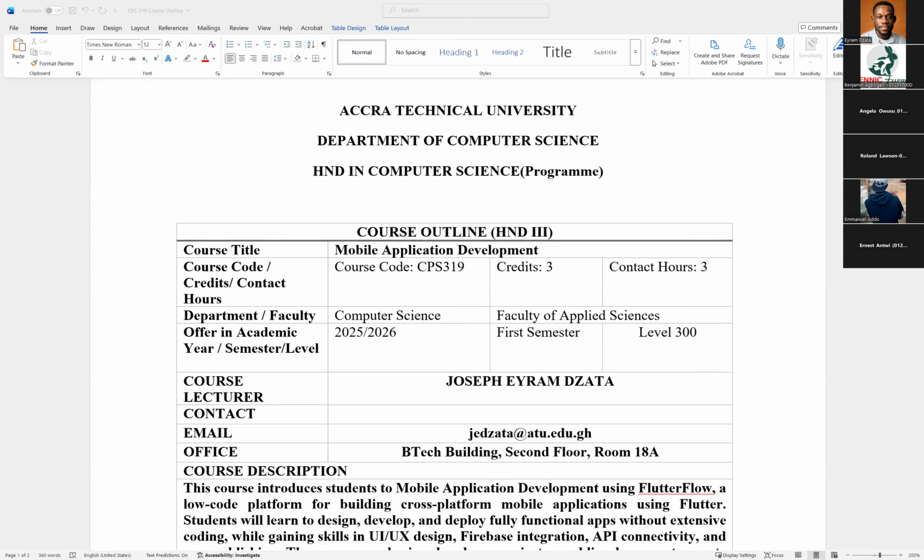Starting with mobile application development in level 300, HND level 300. So we are blessed to be part of the first batch. And this course was introduced to encourage students to do projects based on using mobile application. We noticed a trend from some few years back, 3, 4 years back, that students were now